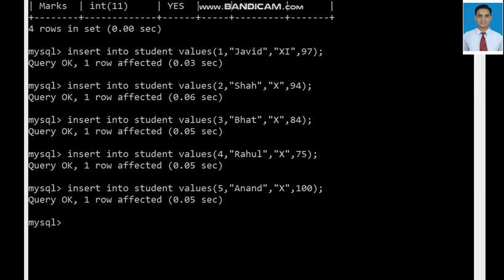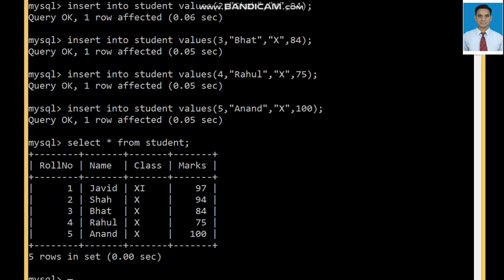So in order to see what actually is there in a table, to display all the fields, all the rows in that particular table, we use the command select, then star. Star means I need everything. I need all the fields, including rows as well. Select star from student. This command displays, and then semicolon. Once we enter it, let's see all the fields. There are 5 entries. There are 5 rows in the student table, and we have selected them all with the help of a select command.